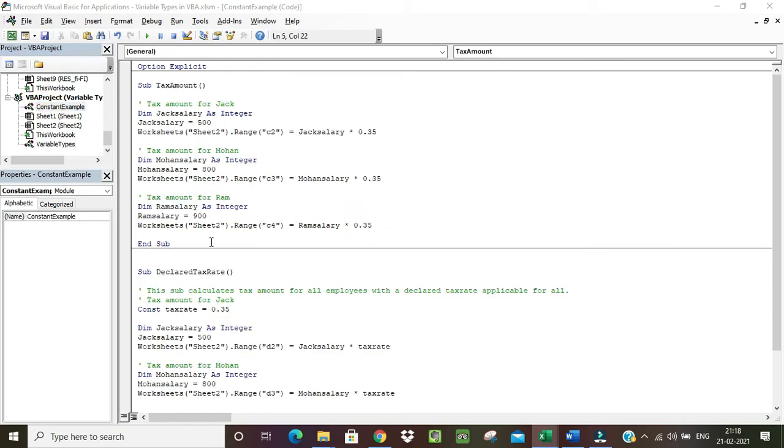So let's take a scenario where we have three people, Jack, Mohan, and Ram, and we need to calculate. They have different salaries of 500, 800, and 900, and we want to understand what tax amount they have to pay. And let's say that the standard tax rate is 35%. Just run this program.